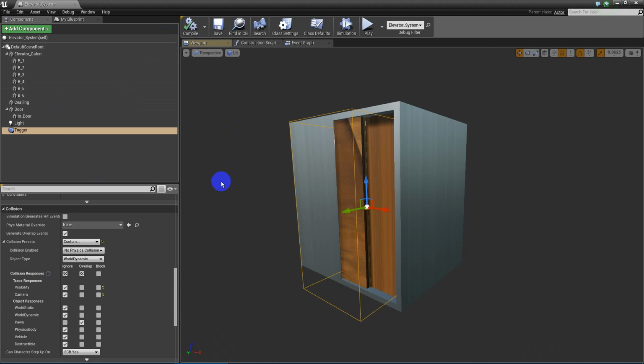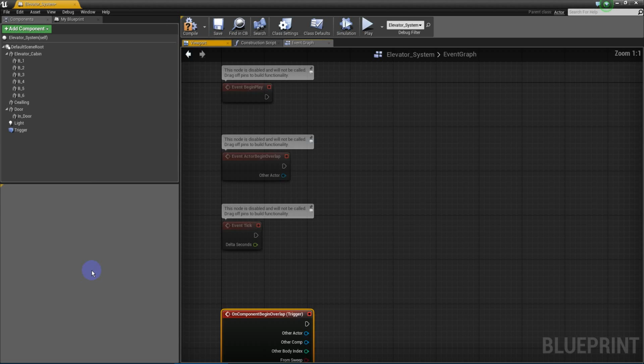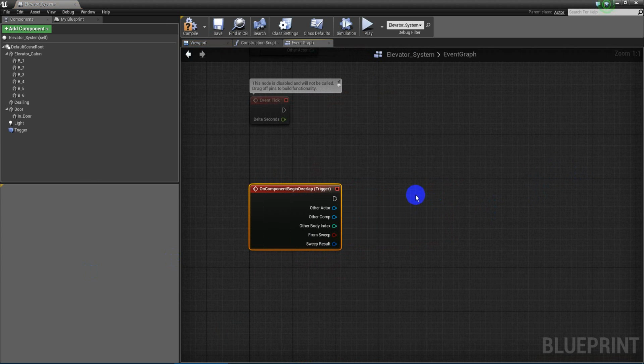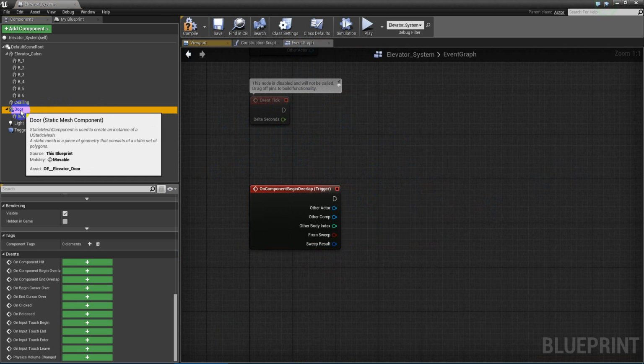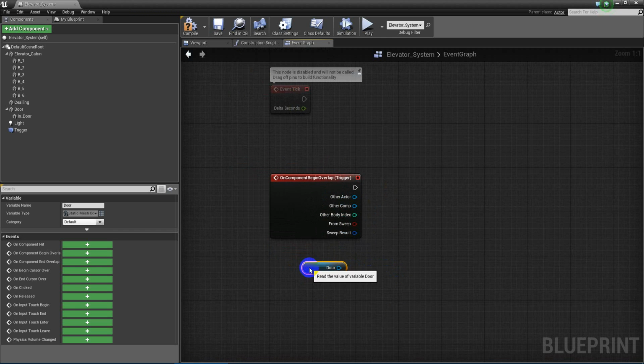So let's compile, and let's add a begin overlap event. And if you see, it took me to the event graph instantaneously. Me llevó para acá rapidito. Así que entonces vamos ahora a coger la puerta como la variable. Y entonces